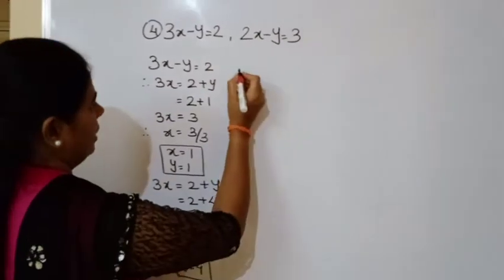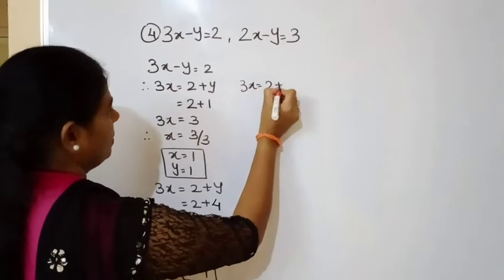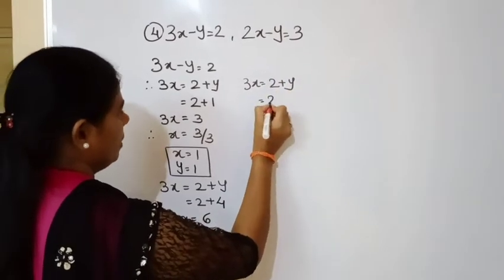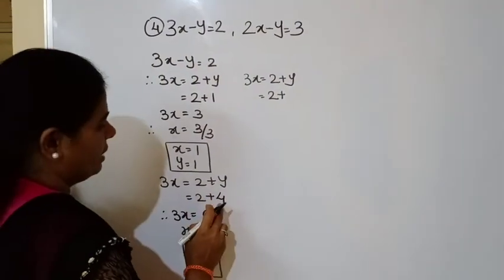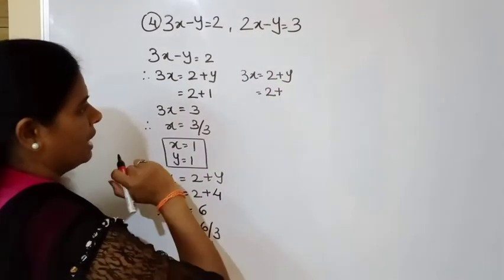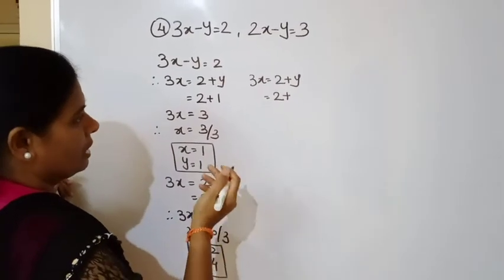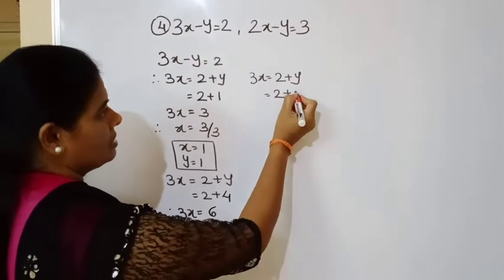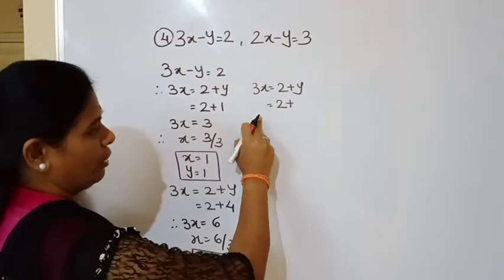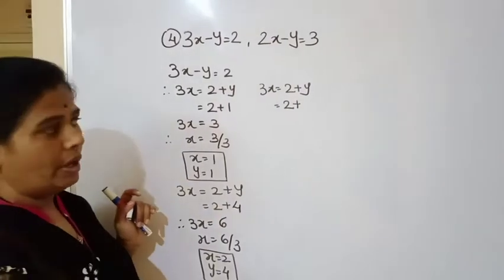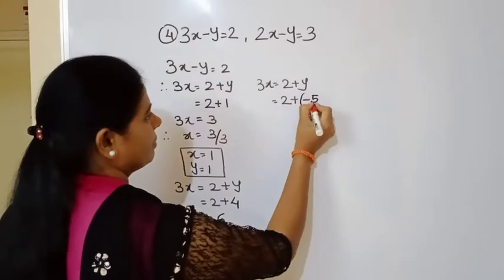Okay. Now we will calculate the third point. So 3x equal to 2 plus y. Now we will take another value. If we substitute 5, then 5 plus 2 will be 7. So it will not be divisible. Then we can take some other value. We can take 6. If we take 6, what will happen? That will be 6 plus 2, 8, or 6 minus 2 will be 4. So again it will not be divisible. We will take the negative value, that is minus 5.